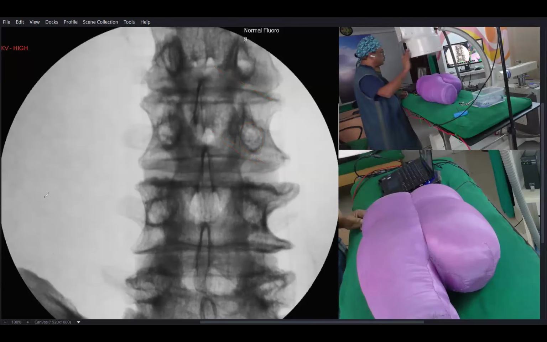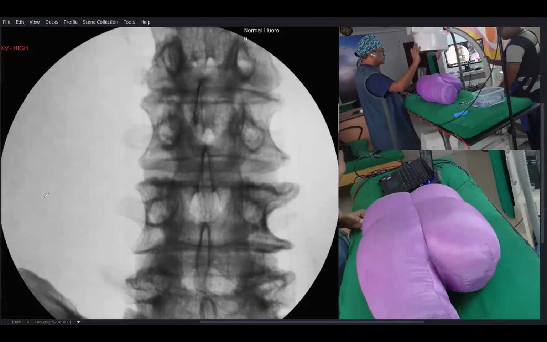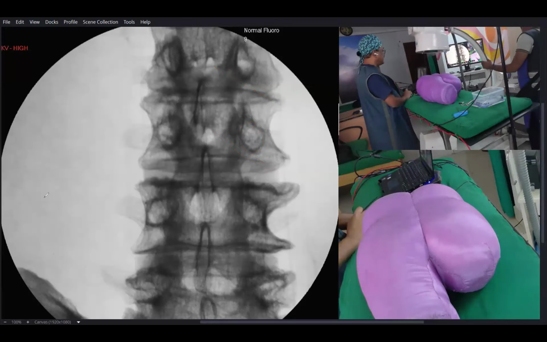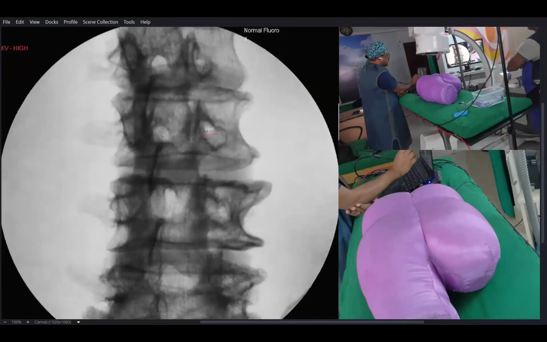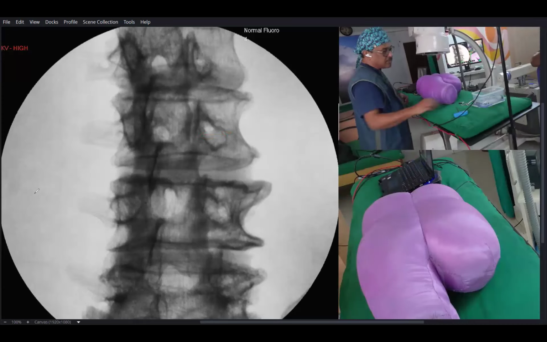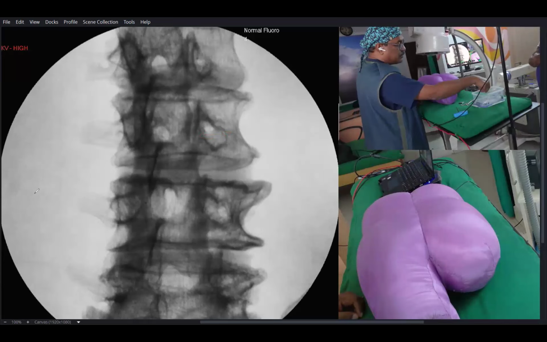So what I'll be doing here, I'll be making an oblique view when the pedicle is best seen. Pedicle is best seen means in the AP view, the pedicle is seen, but when you are doing the oblique view, normally the length of the pedicle will be increasing. So when the pedicle is best seen, that is the time, and at the upper and the outer part, the needle should be introduced. I am introducing the ordinary needle,